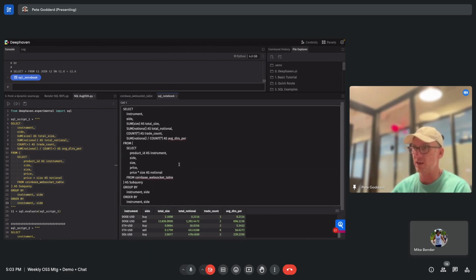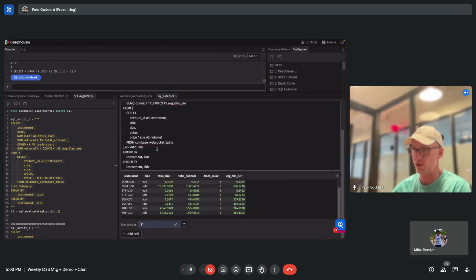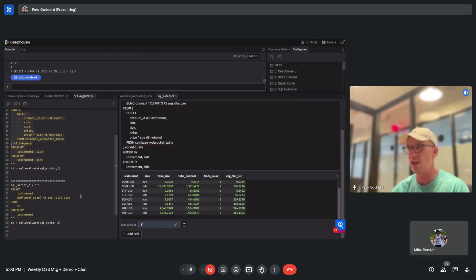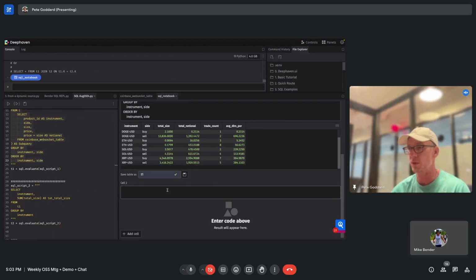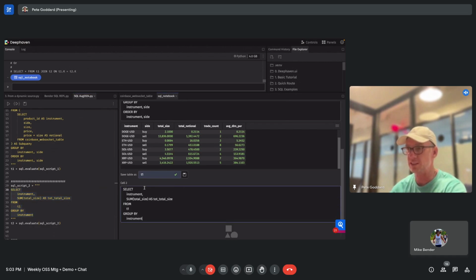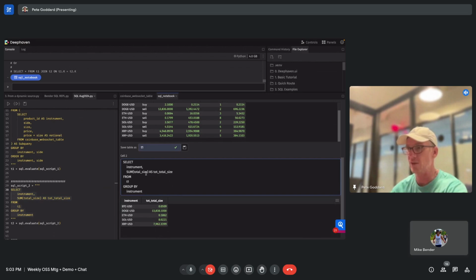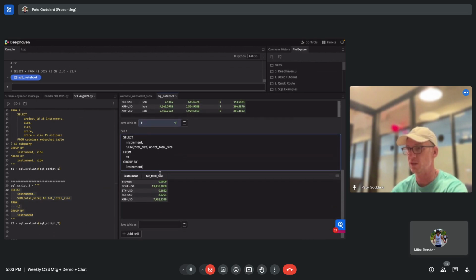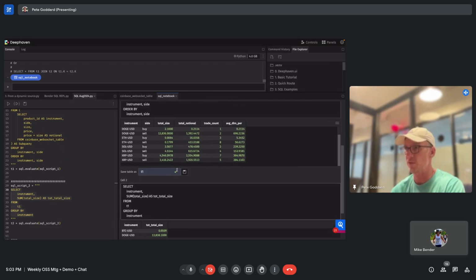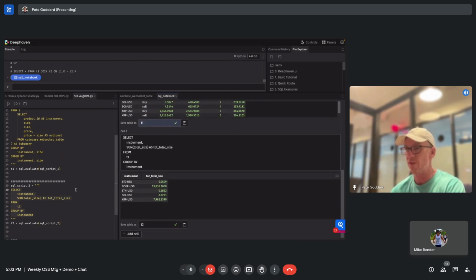So certainly this is something that SQL will soon support by create table or create view, which will be quite idiomatic. But in this case, we're really just registering this table now into T1, and then I can add a cell here in this SQL notebook that Bender created. For example, I can take this next SQL statement and run it, and now I'm running an aggregation on T1 and producing it here. If I want to, I can make this T2. I've saved this as T1, this as T2. And the thing that I think is kind of cool is that I can then go back to